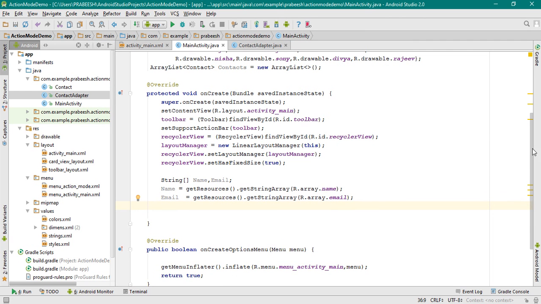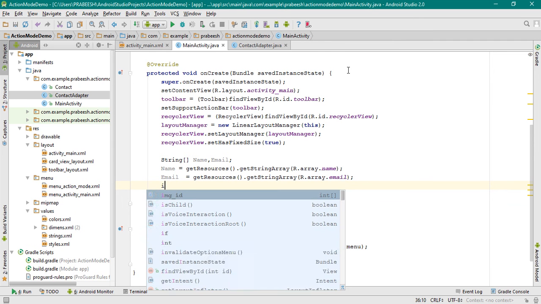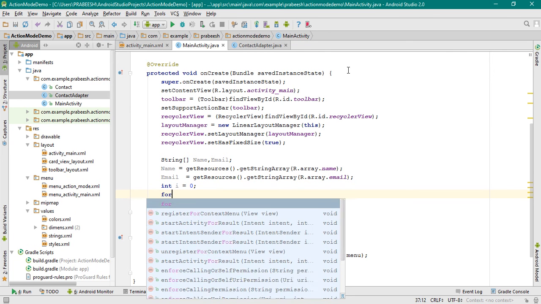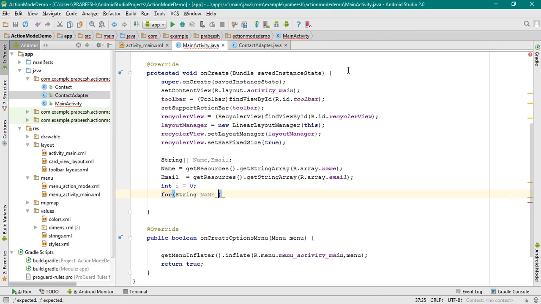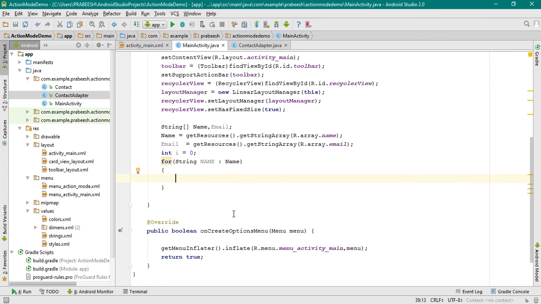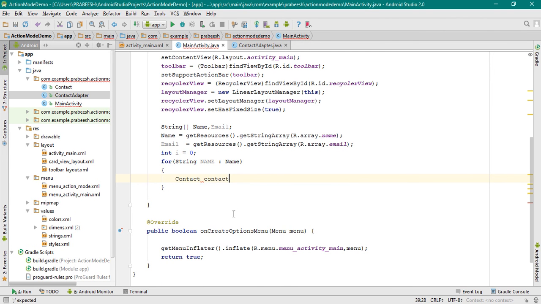Okay. Now we can save all this information. We can save the image ID, contact name and email address in the form of an object of contact class. For that, create some variables, int i equal to 0. Now start some for each loop. For string name equal to use the array name. Now we can add each of this information in the form of a contact class object. So create an object of contact class, contact equal to